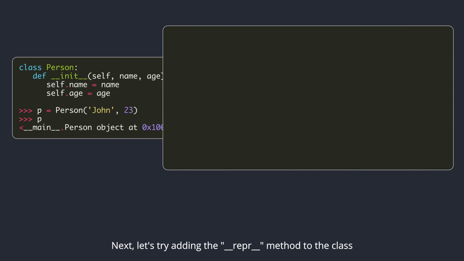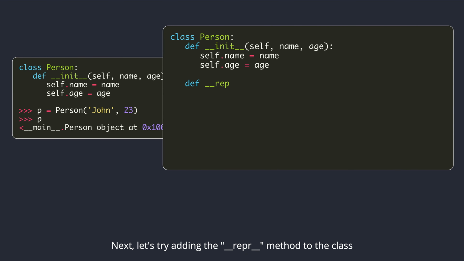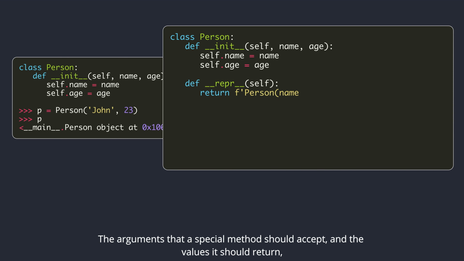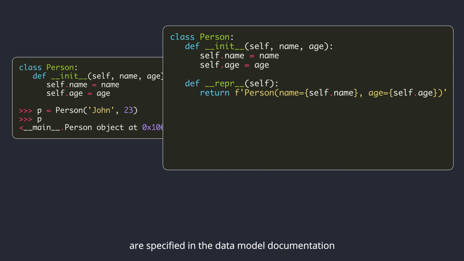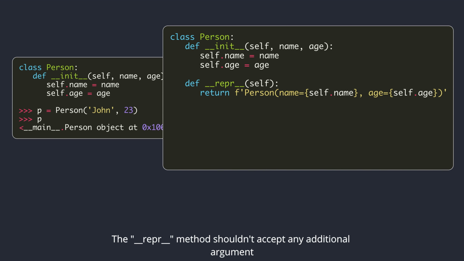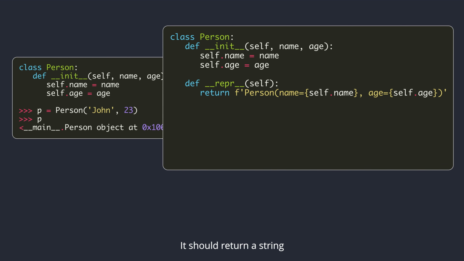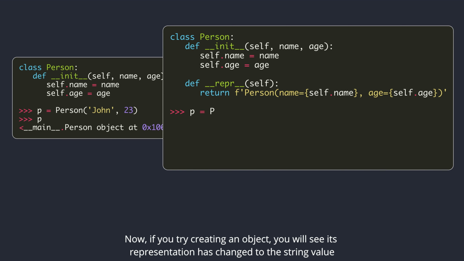Next, let's try adding the __repr__ method to the class. The arguments that a special method should accept, and the values it should return, are specified in the data model documentation. The __repr__ method shouldn't accept any additional argument. It should return a string. Now, if you try creating an object, you will see its representation has changed to the string value we return